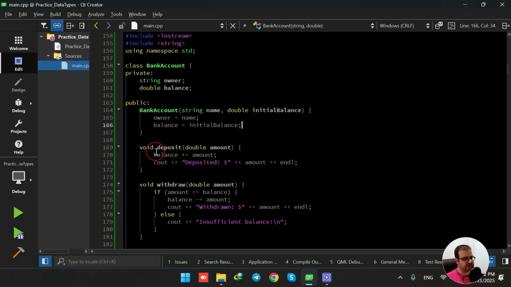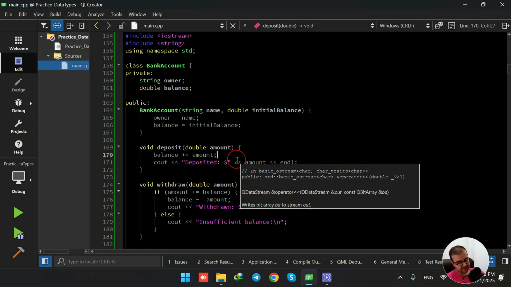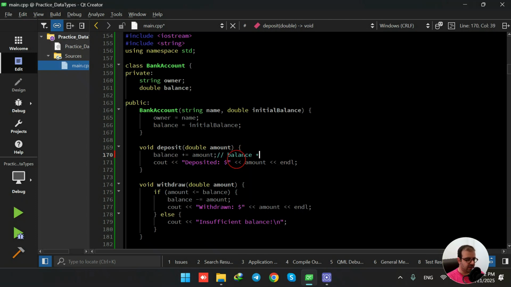Then we are having one function that is called deposit, and it's a void type, so it's not going to return anything. It is going to just show a message to us. And when we call this function, we need to only have one argument that is of double type. And basically, it is going to take the balance and add that amount of money that we are entering to the already existing balance. So this code, balance += amount, exactly equals this code,